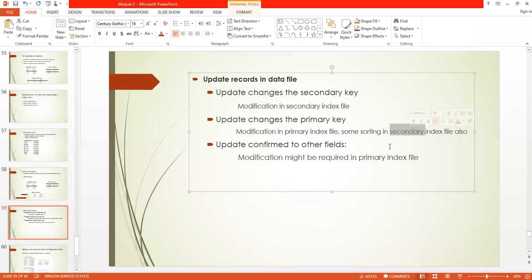When the primary key is modified, and there are a number of students having the same name, for that particular primary key there is sorting of records and of the secondary index file also. Update to other fields, yes, modification of the byte offset will be there.